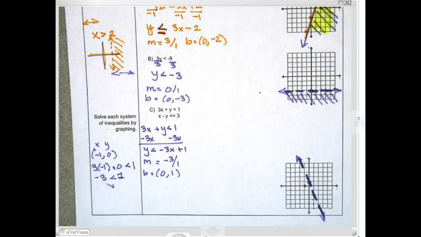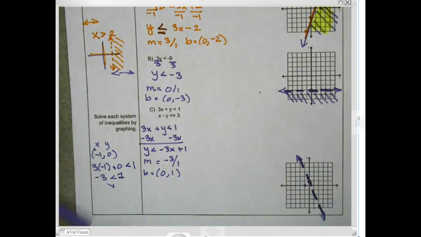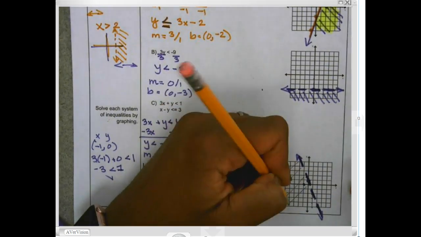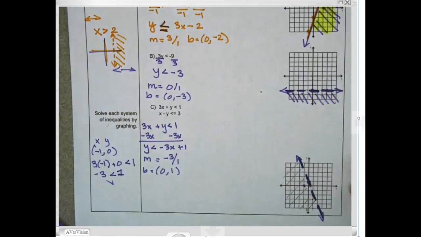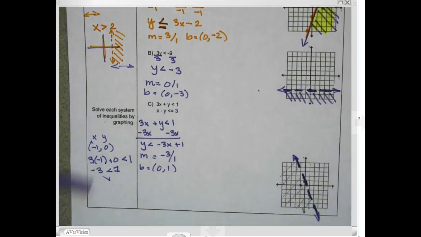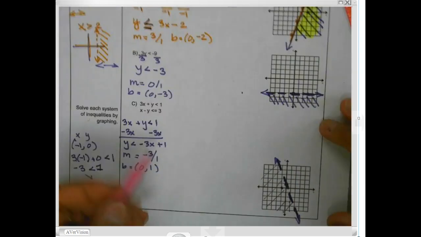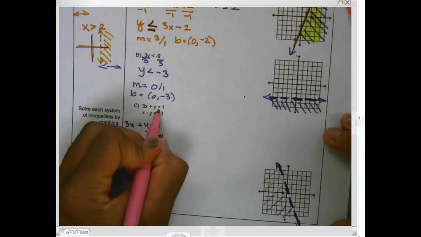Now listen. Don't go crazy with the shading. In fact, I'm not even going to use my marker. I'm just going to use a pencil for now. We're going to go heavy in a minute, but not right now. Not yet. Okay, right now though, what we will do is this other one, and this is less than or